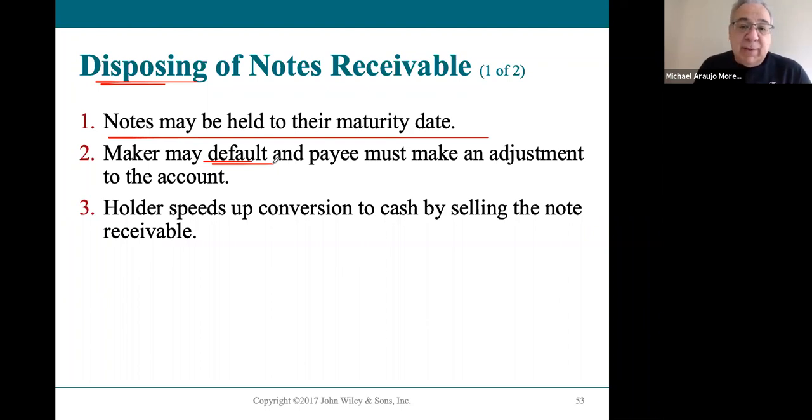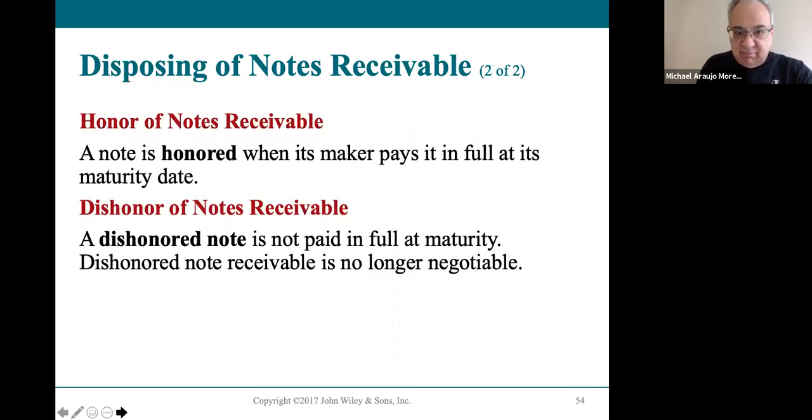However, probably the reason the business defaulted on it is because they're having some major issues. So it's hard to get pennies out of someone who's broke. Right? So that causes an issue where notes need to be redone. And again, notes receivable, just like accounts receivable, are an asset, and you can sell them to a third party. So you saw that in accounts receivable, they sold it to a factor. Notes receivable can be bundled and sold to investors, sold to others. Why? Because the company needs cash. So again, you can sell any asset if you need